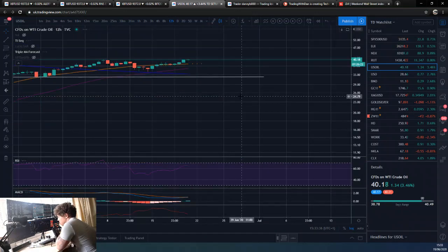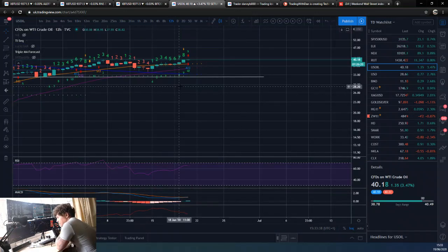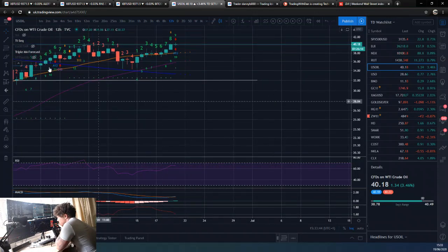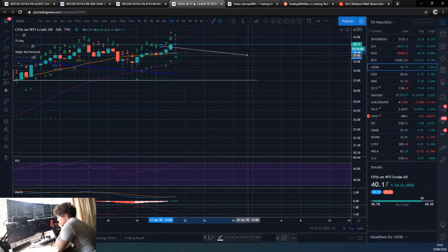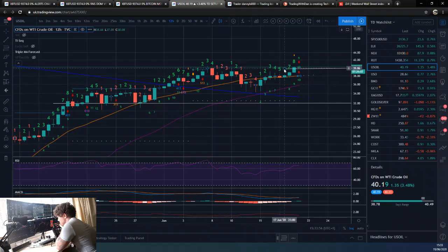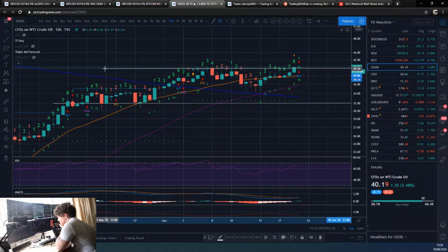I don't know from what level it will come at, and maybe it'll come now with this 12-hour 9, and then a potential entry. So this 12-hour 9 candle can be interesting. We will put a line under it. Obviously this candle isn't closed. Actually, wait a minute, let me just do something. We've got a nice horizontal level here too, so maybe this may be my potential buying opportunity that I am